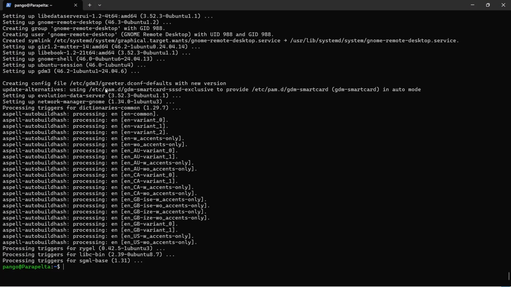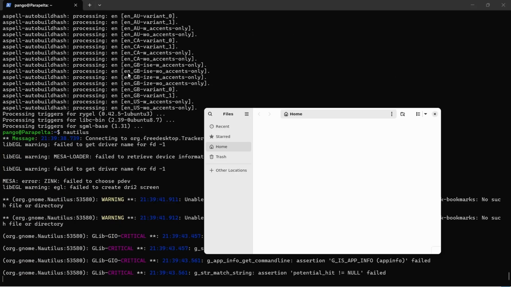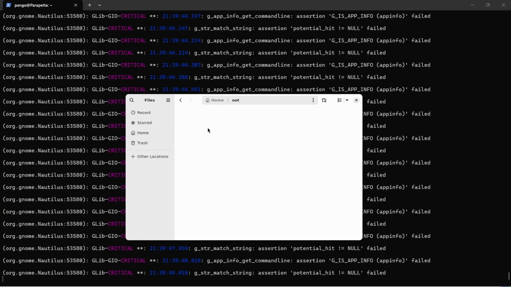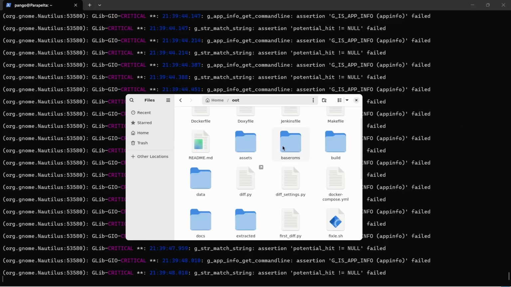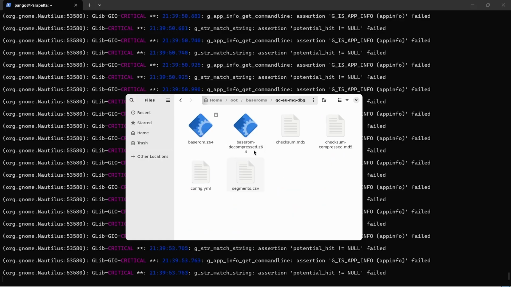Now that it's all installed, we can run this application by just typing in nautilus. At this point, you might get some warnings and errors, it's fine, it'll open up. I already have the whole decomp done, but in case you were at the step where you need to put your base ROM in there, you can just go to the repo, open up wherever you need to put it,